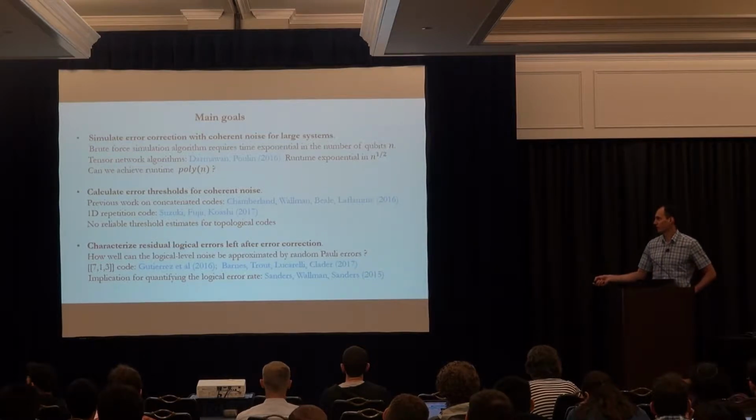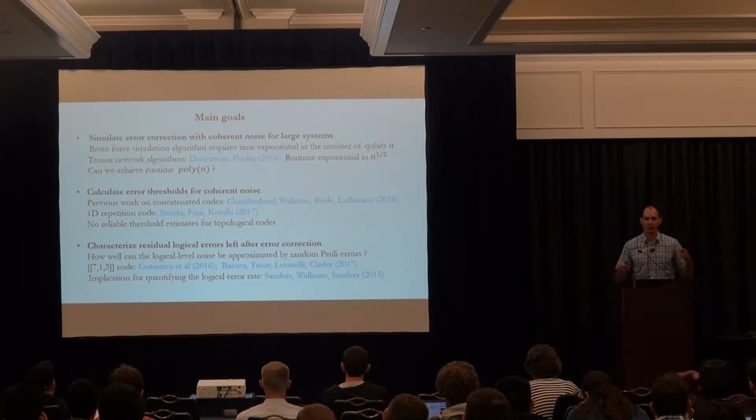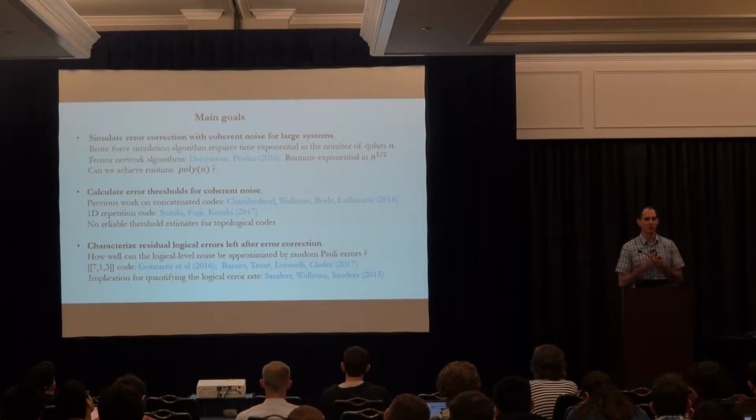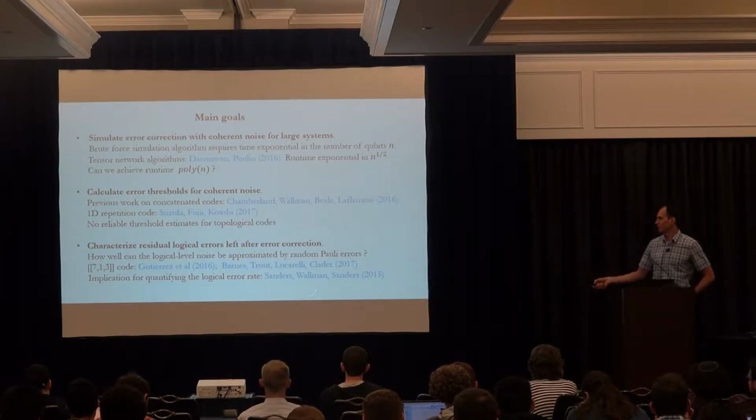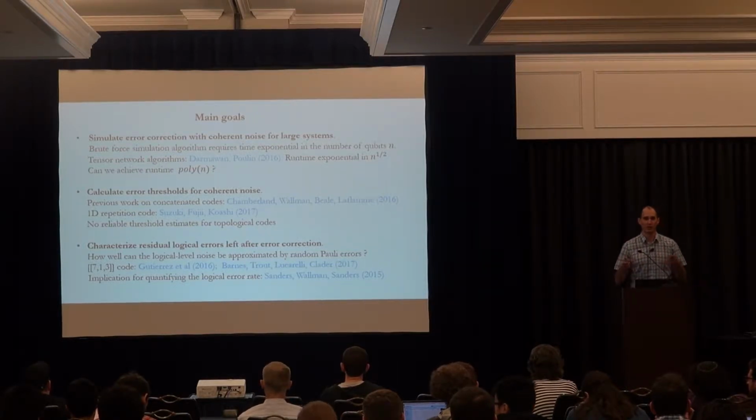And this may have important implications for which metric we choose to quantify our logical error rates. For example, we could use average fidelity, or we could use diamond norm distance from the identity channel. And depending on the degree of coherence, these different metrics can vary significantly.